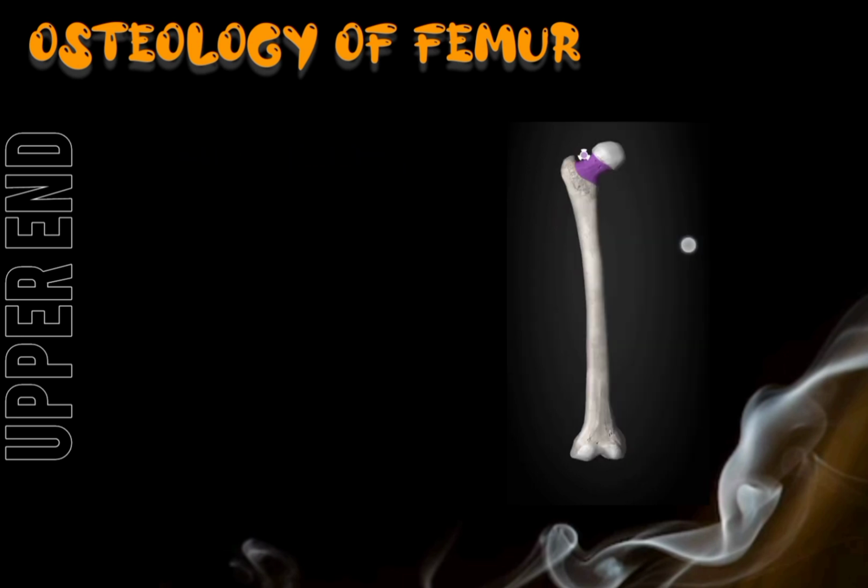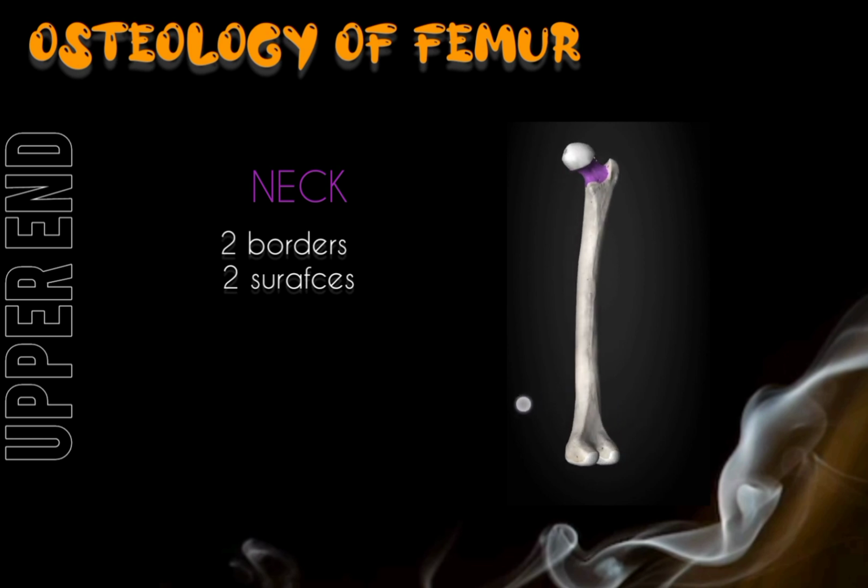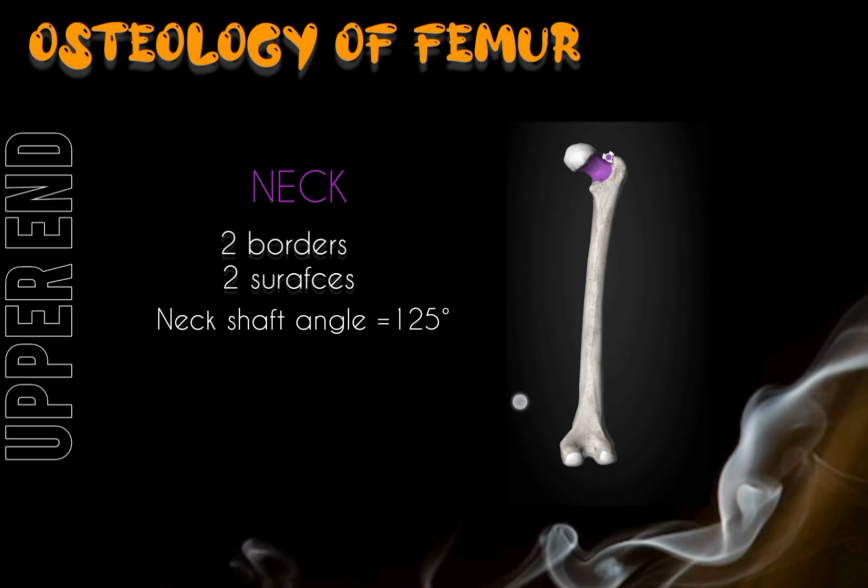Now after the head, on the proximal end or the upper end of the femur, you will see this purple marked area, which is termed the neck of the femur. If we talk about the features of the neck, you will see that the neck has two borders and two surfaces: the upper border and the lower border, the anterior surface and a posterior surface which is present posteriorly over here. And one important feature I would like to tell you is that the neck makes an angle with the shaft. The neck shaft angle is about 125 degrees in adults, which is